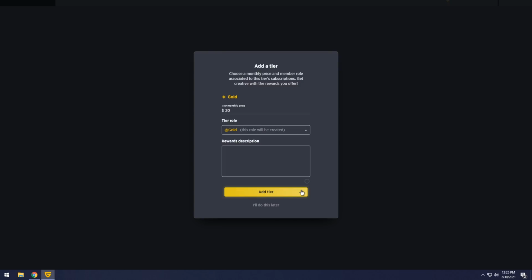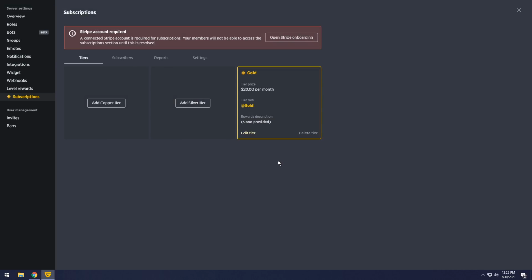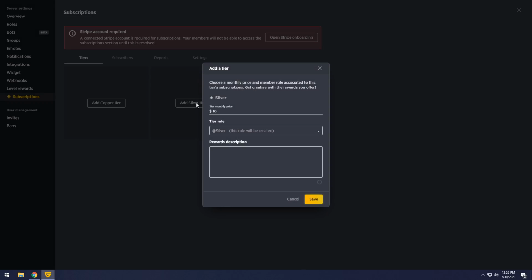So as a content creator, this is kind of like a Patreon, but people can get specific roles and stuff and rewards. I'm just going to add the defaults that they have. Then you can connect it with Stripe so you can get paid out and you can continue. Then you have different tiers and you can see all your subscribers, obviously analytic reports. I don't know why they'd set 2,000 as one of their scopes. I don't think anyone's going to be making over 500 anytime soon, but you can add specific roles which people can be happy about, and you can set